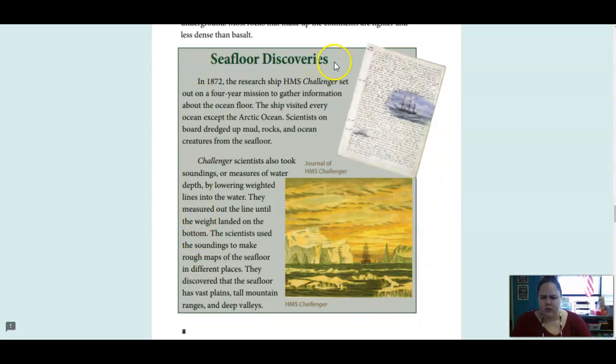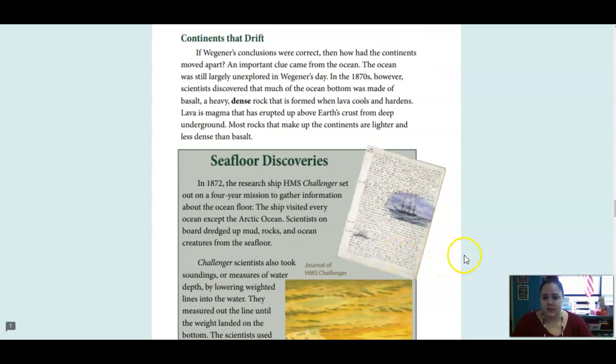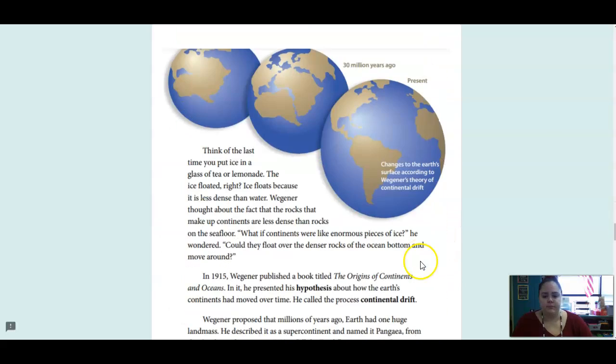All right, I'm not going to read this part here, but this is showing how they made those discoveries. So they went deep down under the ocean and were looking at the seafloor to understand why these continents might have moved apart. So here's a picture showing the movement. You can see in this picture they are all close together, all of the continents. They slowly begin to spread apart, and then this is what our globe looks like present day. So this shows the dramatic change that happened over 30 million years.